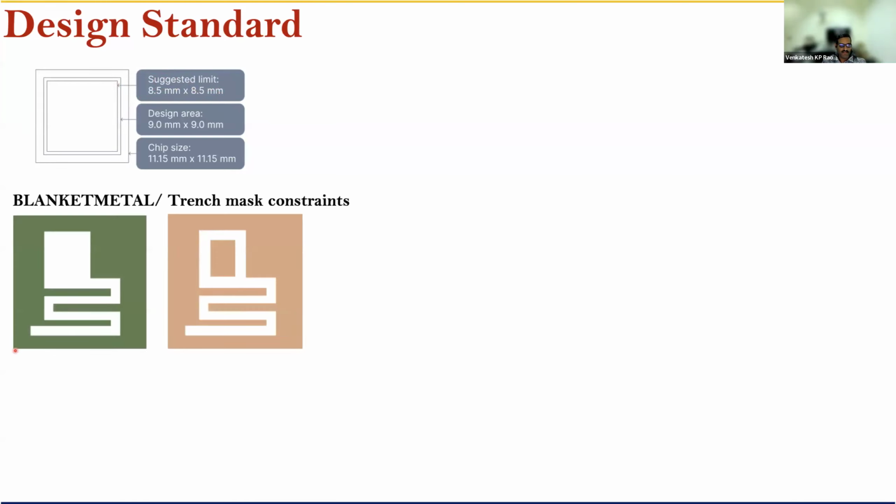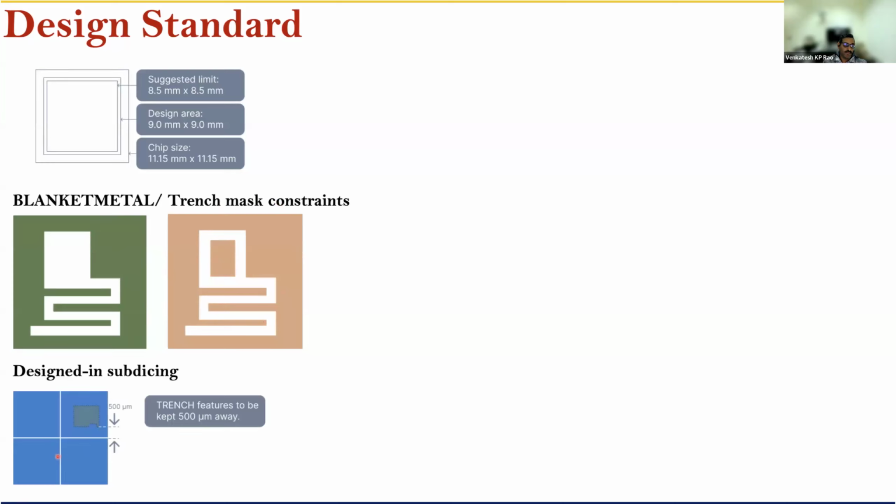Now, for the blanket metal, what is acceptable, what is not acceptable? So the acceptable layout for the blanket metal is this, right? If you hatch it here clearly, then it should be able to hatch it. On the other hand, if you have the blanket metal or the trench mask layout like this, then there are more chances that the structures will completely fall off, right? So you can't have donut structures like this,